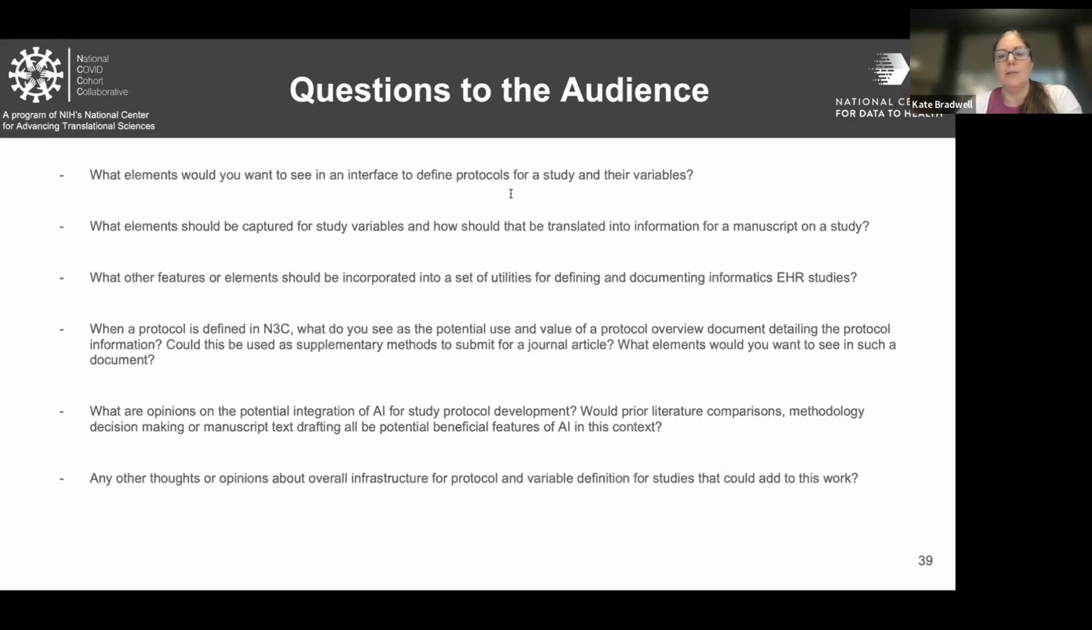And so going back to the questions for the audience: what elements would you like to see in an interface to define protocols for a study and their variables? What elements should be captured for study variables? And how should that be translated into information for a manuscript on a study? What other features or elements should be incorporated for documenting informatics EHR studies? When a protocol is defined, what do you see as a potential use and value of this final protocol overview document? Are you in agreement that it should be